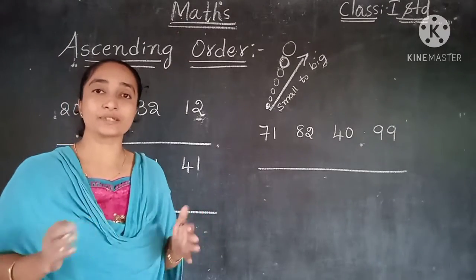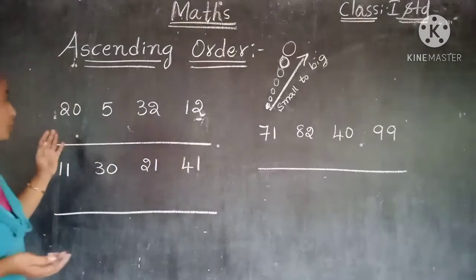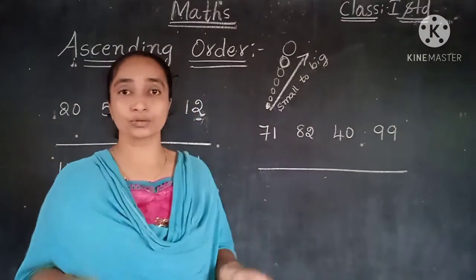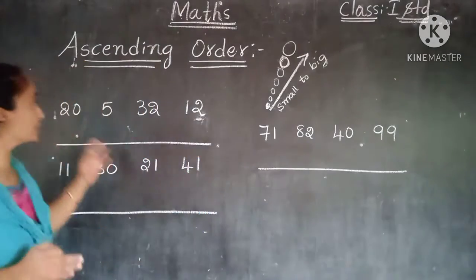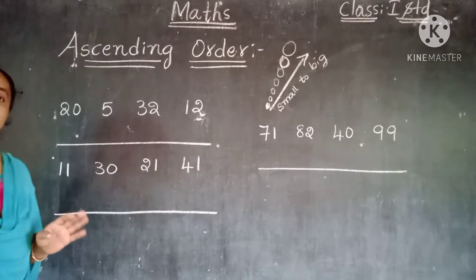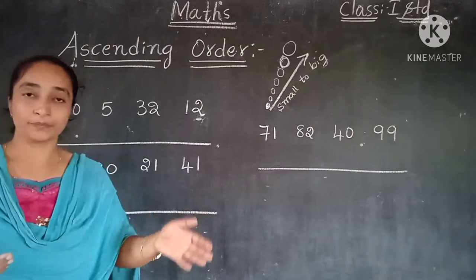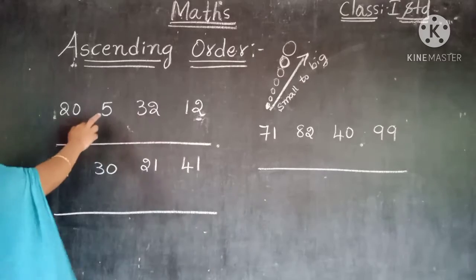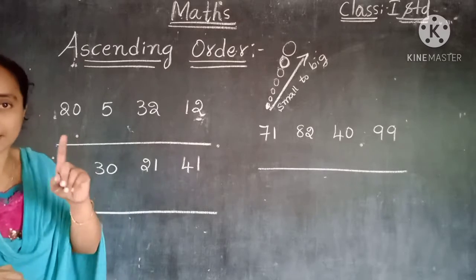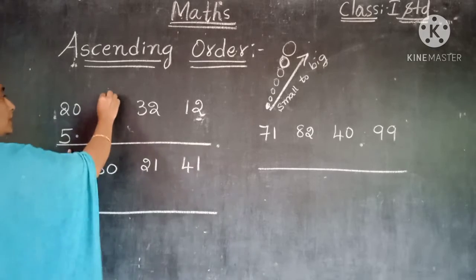Now first of all we have to separate the first small number. So how to identify the small number? So very easy. First of all we have to see any one digit number are there or all the two digit numbers are there, like that we have to check. So if you see in this row, here we will get the one digit number and the remaining three are two digit numbers. So obviously the one digit number is the small number. So we will separate the first one digit number. So 5 is a small number. Among all these numbers, 5 is a small one because that is a single digit number. So first the small number to write, that is 5. So this 5 is completed.